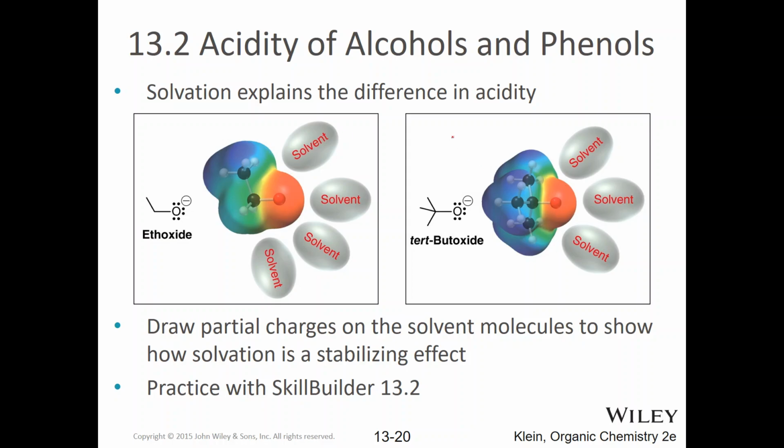Okay, so solvation affects the difference in acidity between ethanol, which looks like this, and tert-butanol, which looks like this, right? So this is a better acid, as we saw on the previous page. This is a better acid because the conjugate base is more stabilized. I'm going to write that out. This is a really big deal. Conjugate base